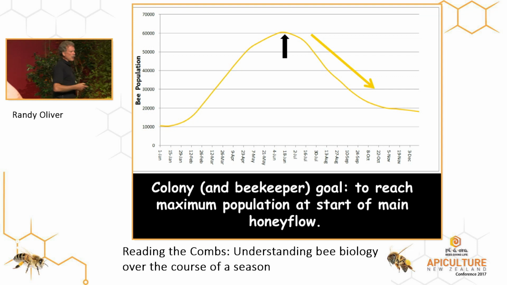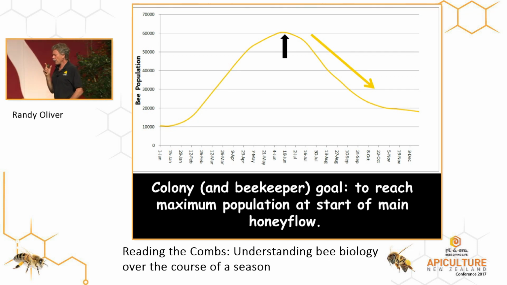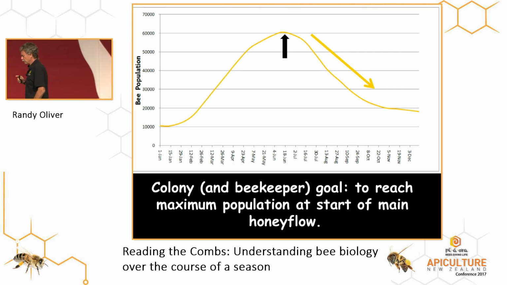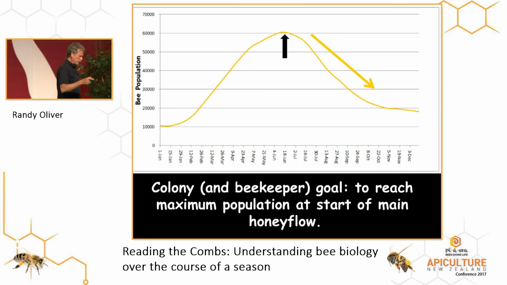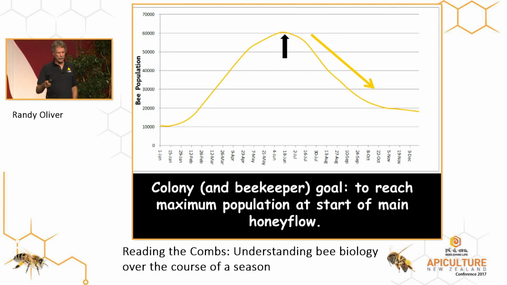And ideally, if you had a locally adapted stock of bees that had evolved in your area for many, many, many generations, they would synchronize based upon the plant phenology, reaching their maximum strength at the beginning of the main honey flow. If they get to maximum strength before the main honey flow, they've got too many mouths to feed, and they might starve before the honey flow happens. If they reach maximum strength after the main honey flow, then they've got to feed a bunch of extra mouths that aren't going to help them get through the winter, and they may starve before winter.